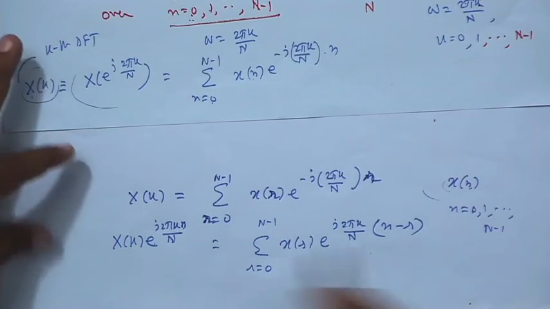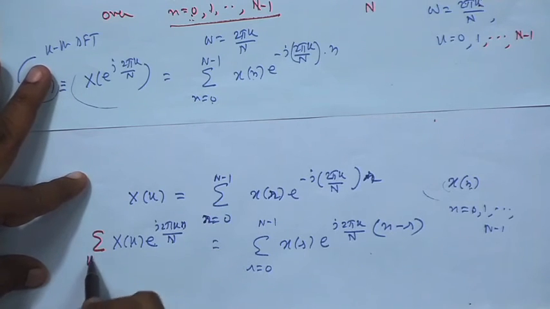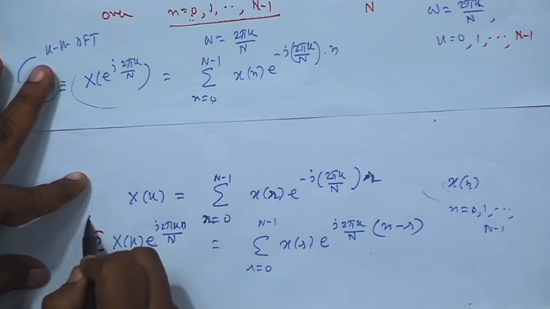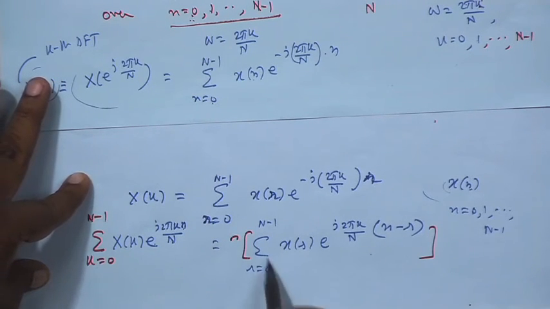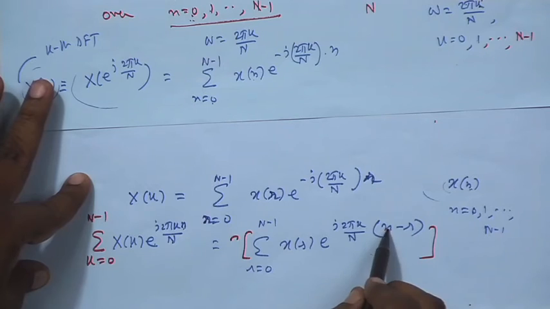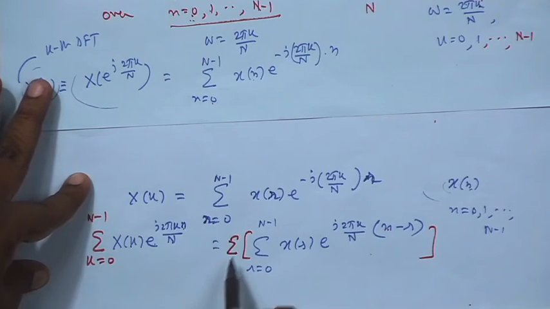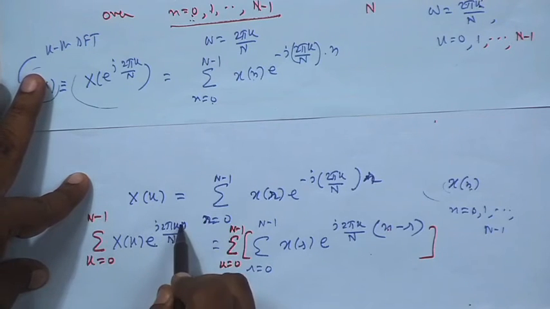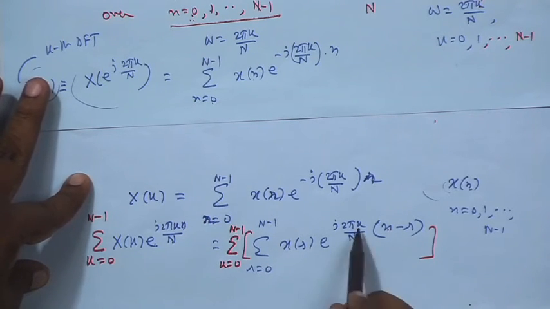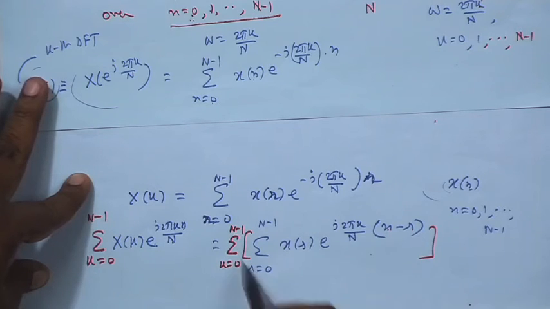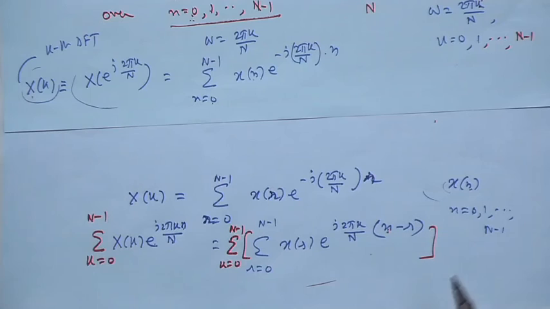I sum this over k, keeping n fixed. Here also, after all, the inner summation was over r, so it is a function of n also, and k also. So, I sum it over k. This becomes a function of n only, because after summing over k, k goes away. The right hand side also becomes a function of n, because the inner summation was with respect to r. The summation becomes a function of n and k, then you are summing further over k. So, it becomes a function of n.